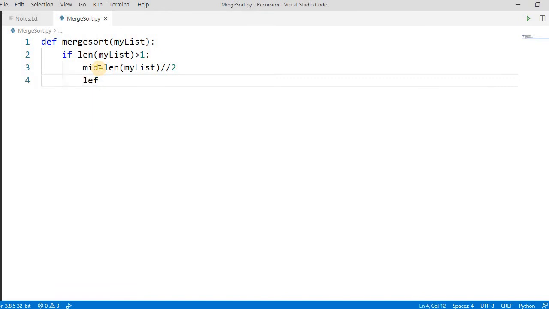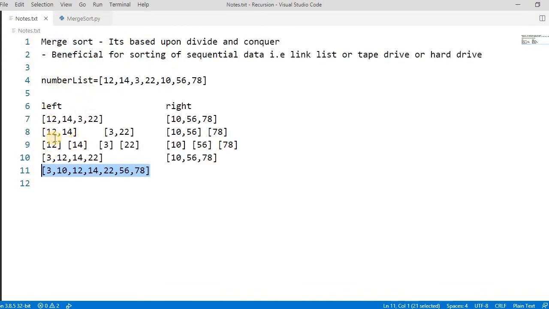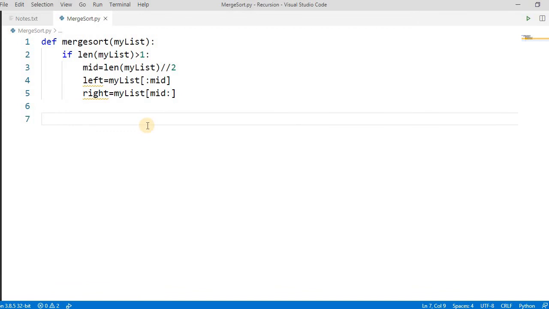The left part is my_list from the start till mid, and the right part is my_list from mid to the end. We have to go till the length is greater than 1, so we have to call it recursively.